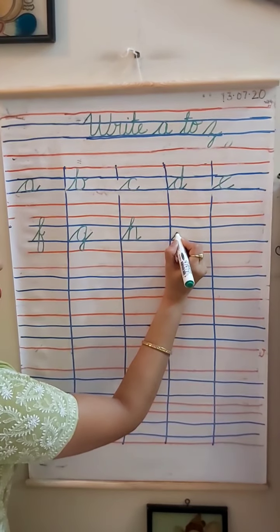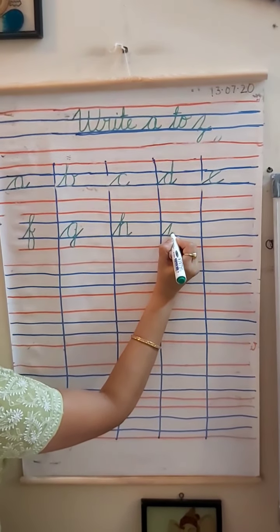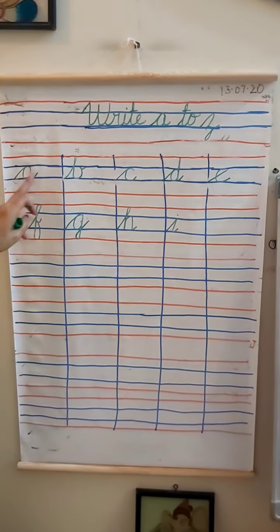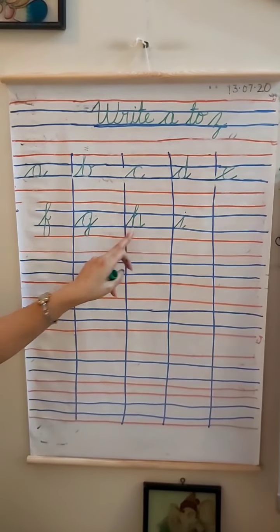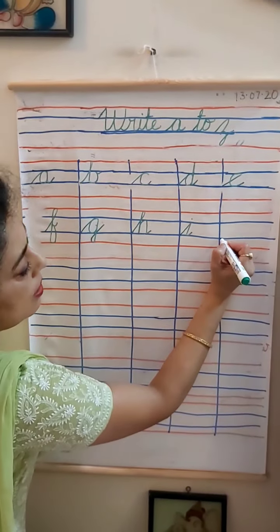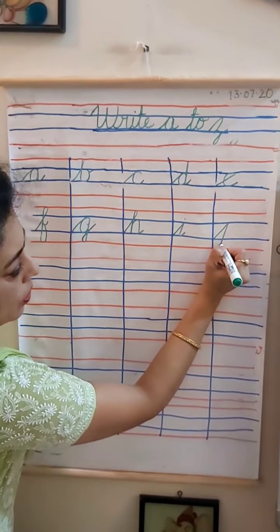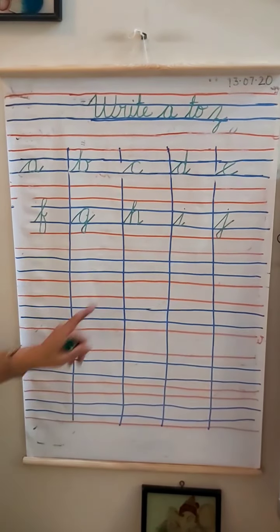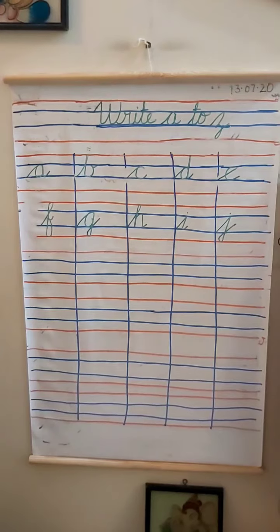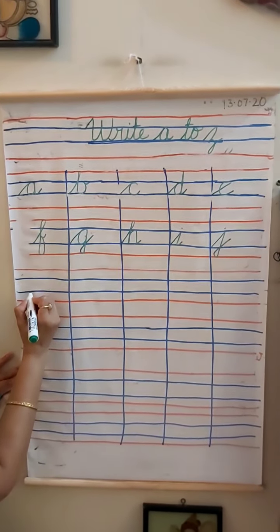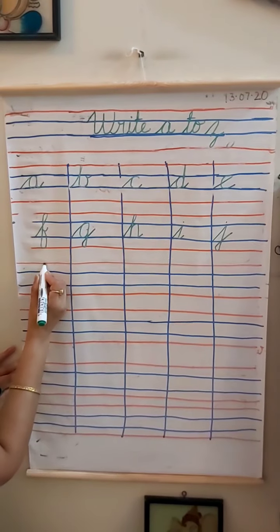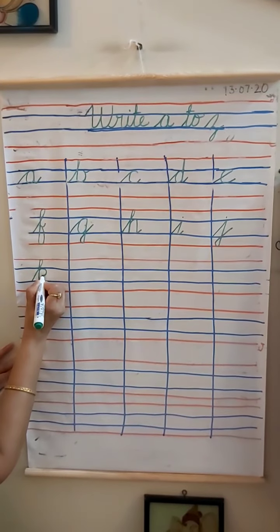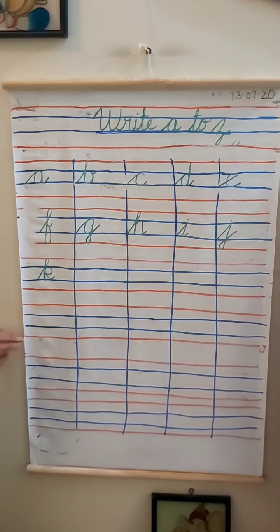I. Slant up, slant down, a tick and a small dot. This is called I. A, B, C, D, E, F, G, H, I, J. Slant up, slant down till red line, a little turn and a small dot. This is called J. Now after J comes K. Starting from the corner, slant up, a turn like L, again go up, make a small circle and a tick. This is K.